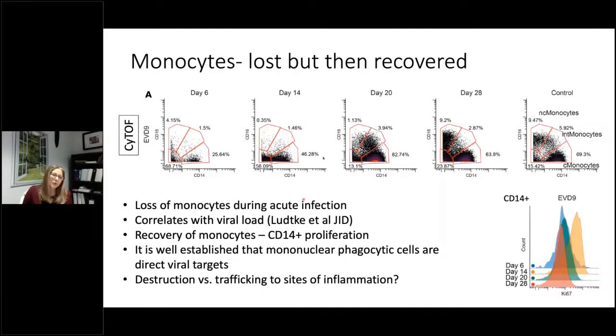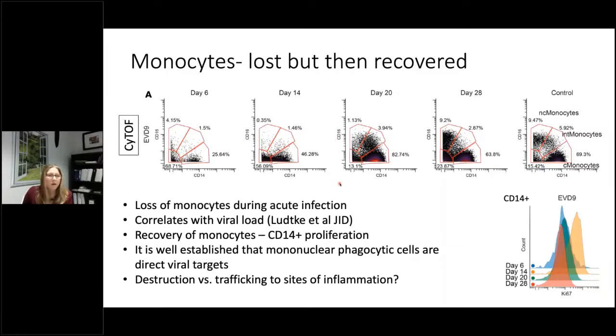inflammation. So we know especially the CD16 positive population, so these non-classical monocytes, they're also considered patrolling monocytes, and they're known to traffic to sites of inflammation. So one of the reasons that these are lost may be because there's a lot of inflammation in the tissue. This is the challenge that we always have when we're doing studies in humans, right? We can only sample the blood and we can't sample the tissues. That is being overcome by some investigators, but certainly not something we could do in the context of Ebola virus